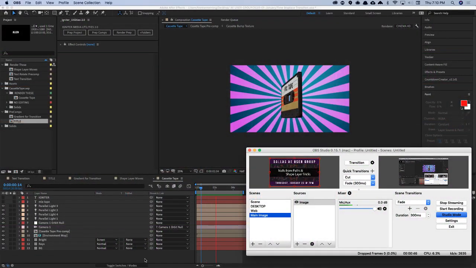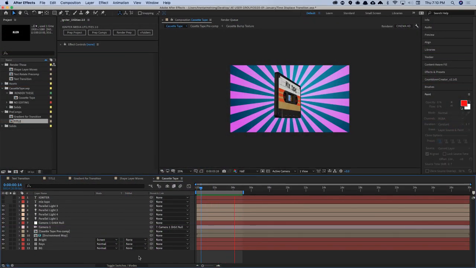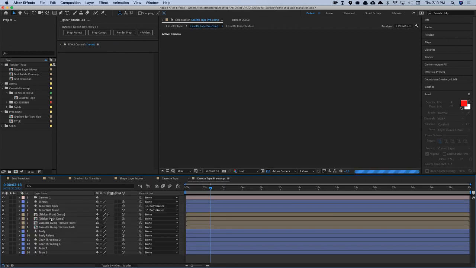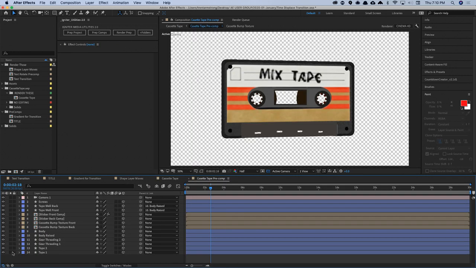So this is an audio cassette that I created with shape layers. Made entirely of shape layers. So we're going to go over here, and I've got the Cinema 4D renderer on,